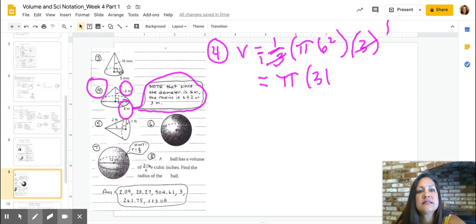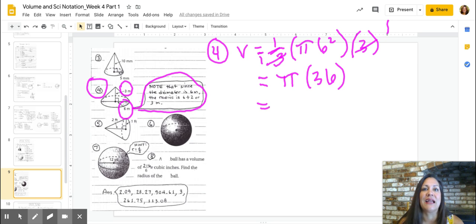times 36. It's my trusty calculator. 36 times 3.141. The reason we're using 3.141 is that it gives us one number closer and more accurate, because of course pi just goes on forever. Traditionally you just use 3.14, but we're using 3.141. All right, pi times 36. Oh, I messed that one up. 3.141 times 36 equals